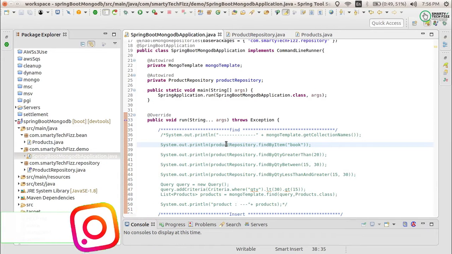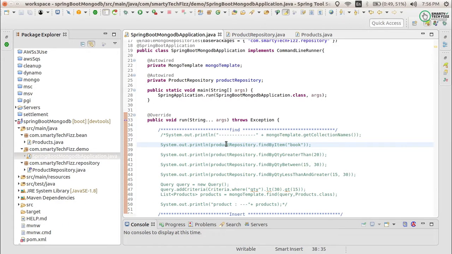Spring Boot MongoDB. So today we are continuing the series of Spring Boot MongoDB learning. We have already completed the Spring Boot MongoDB connection using our Java application, and next we covered how to find the documents from MongoDB using your Spring Boot application, right? We have configured all the things. So today we will insert the document. Let's get started.